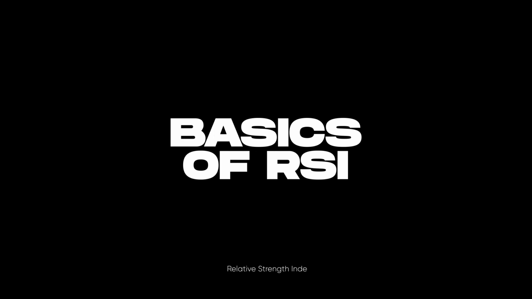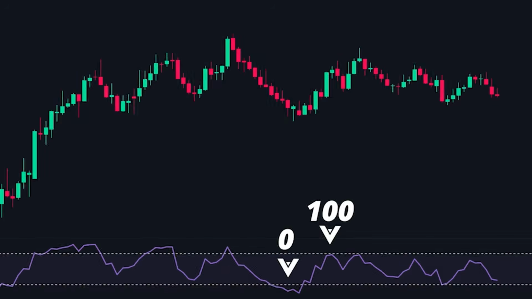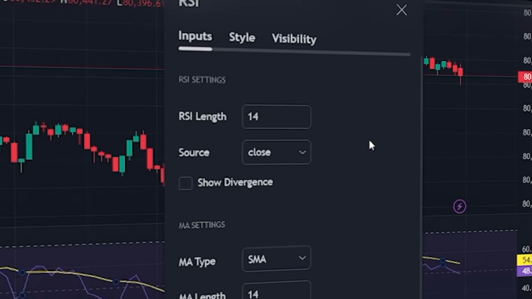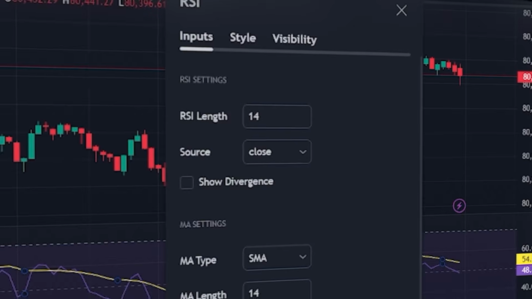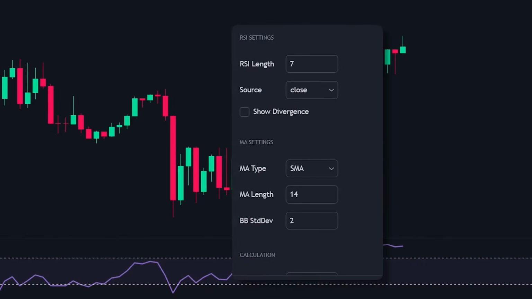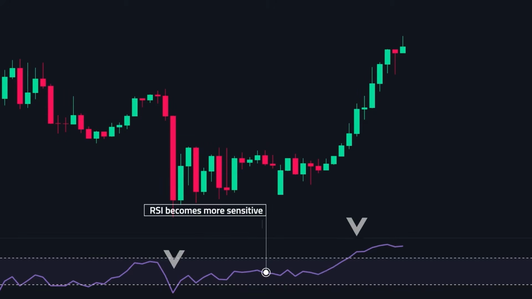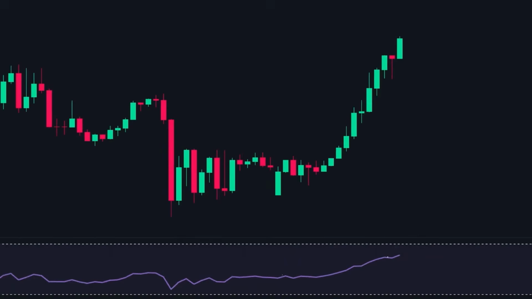Basics of RSI. The Relative Strength Index, or RSI, is a momentum oscillator that measures the speed and change of market movements. As an oscillator, it produces values ranging from 0 to 100, with a preset computation period of 14 periods. This RSI calculation compares the current price to the price from the previous 14 bars. When you shorten this interval, say to 7, the RSI becomes more sensitive, resulting in more extreme readings. Extending the duration to 30 makes the RSI less sensitive or slow, resulting in fewer severe results.